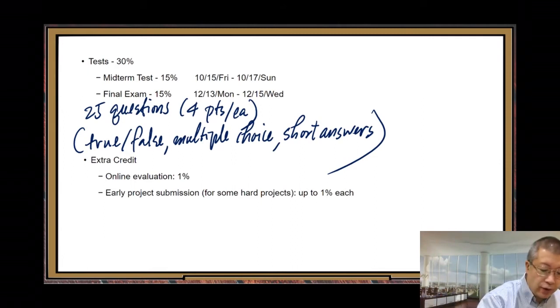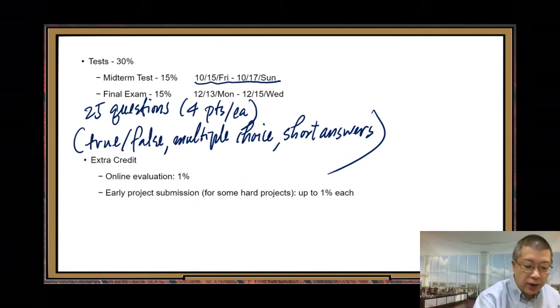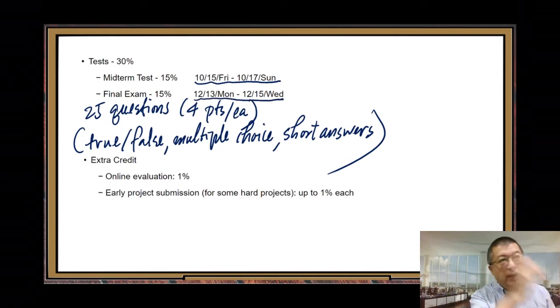Duration for each test. Here you can see 3 days, right? Friday, Saturday, Sunday, 3 full days. Here, Monday, Tuesday, Wednesday, for the final, 3 days. But